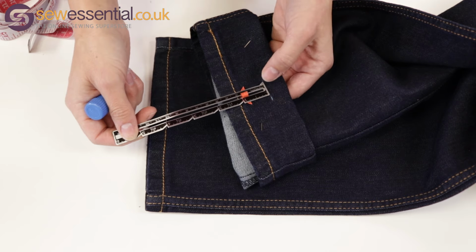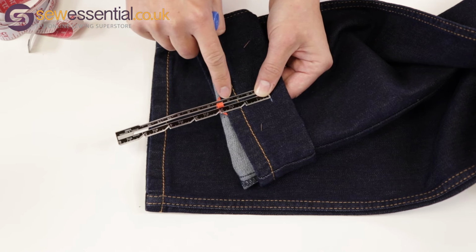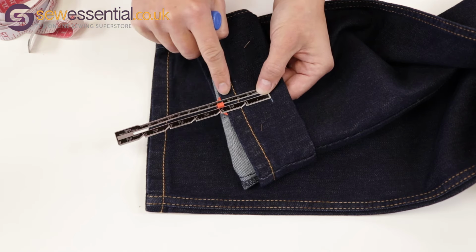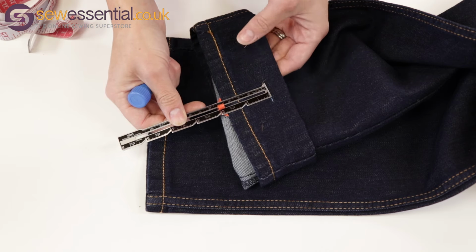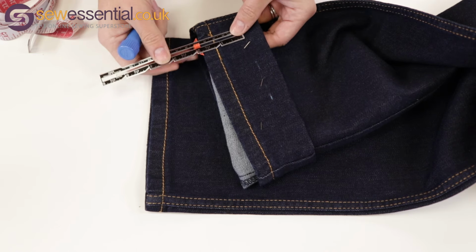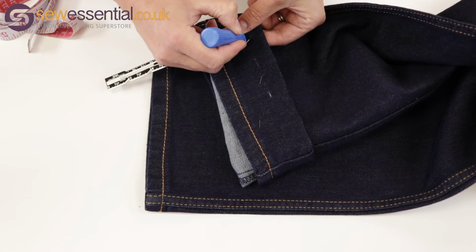So what I'm going to do then is I'm going to slide my gauge, and I can see I'm going to use centimetres for this bit. You could use inches, but I can see that where I want that edge to be is 4.5 centimetres from the current finished edge of the jeans. So I can just go round and mark that all the way around, and then I can repeat this on the other leg as well